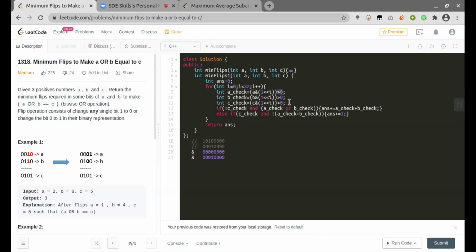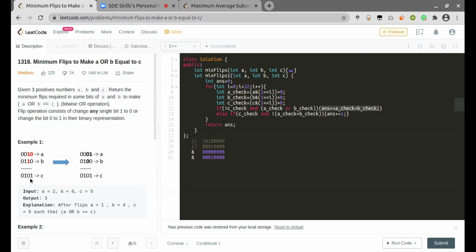This means that particular bit is set. After I get all the values which determine whether each bit is set, I check the conditions on the bits, and I need to add either 1 or 2 to my final answer.